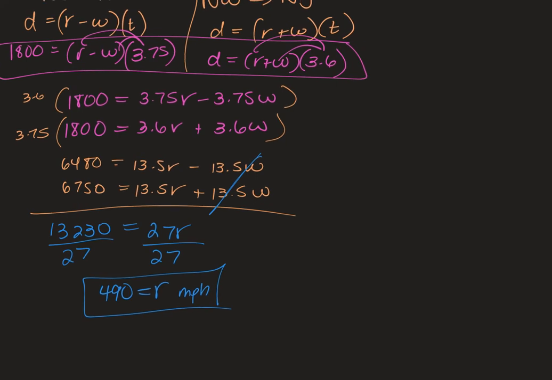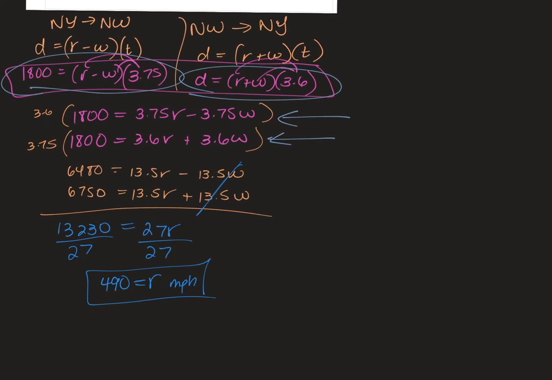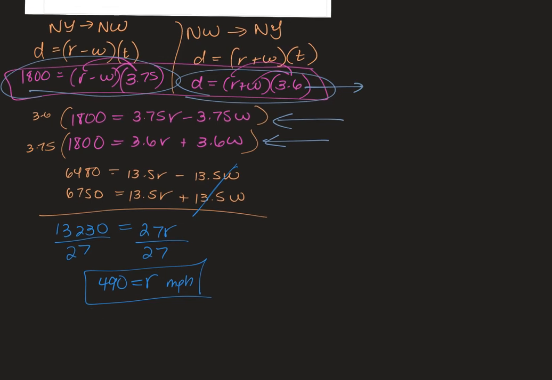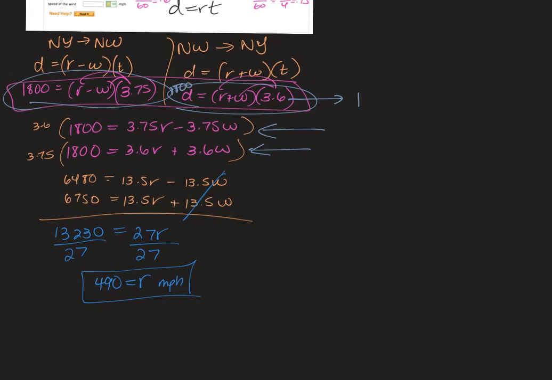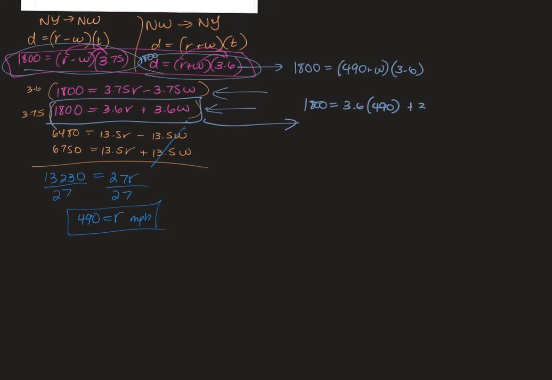To find it with the wind, you've got to plug it back in. You could plug it back into any of these. I could plug it here, here, or here. It doesn't matter. Okay, so let's say I take this one. Oh, this should be 1800 though. 1800 equals R, which is 490, plus W, times 3.6. I could plug it in here. That's this one. Here as well, it'd be the same. 1800 equals 3.6 times R, which is 490, plus 3.6W. So 3.6 times 490,